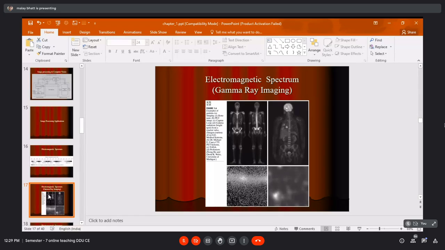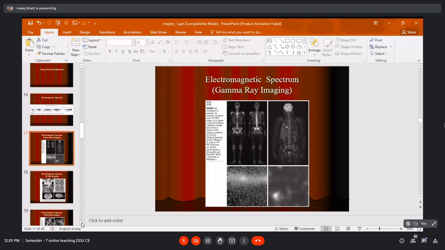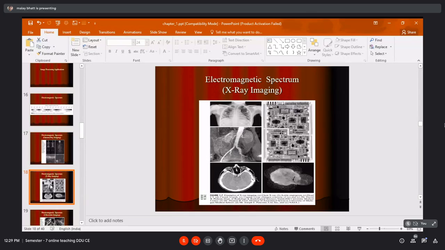So through gamma rays, through specialized hardware, this kind of images can be captured and we can apply image processing on it. So we can perform image processing by taking pictures under gamma rays. These devices are very costly because they are not for normal human use.